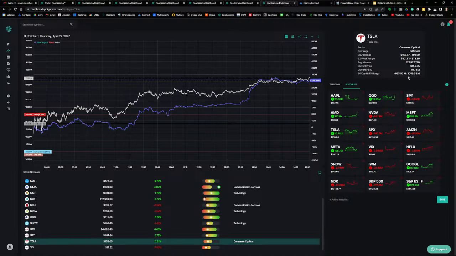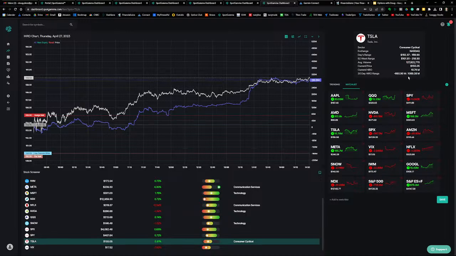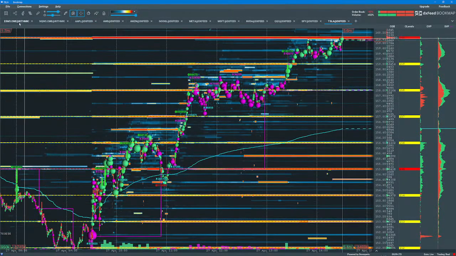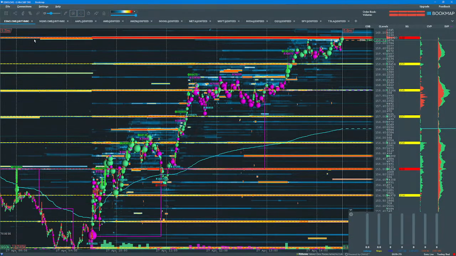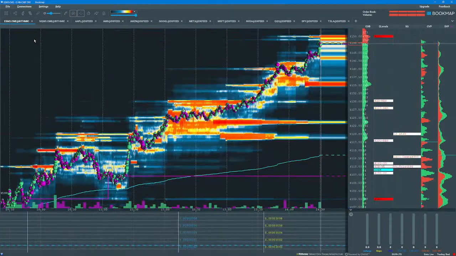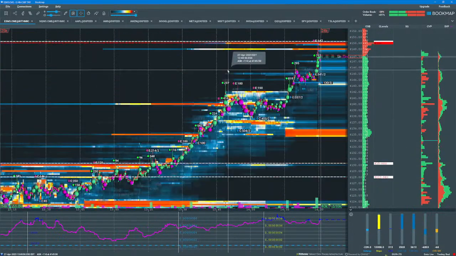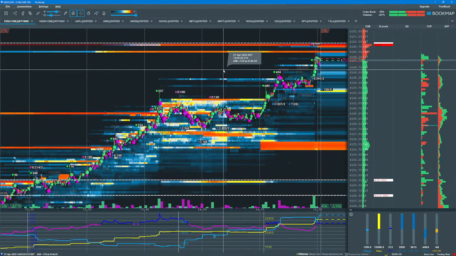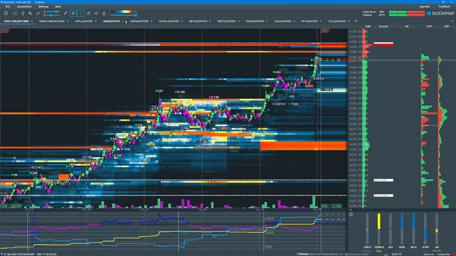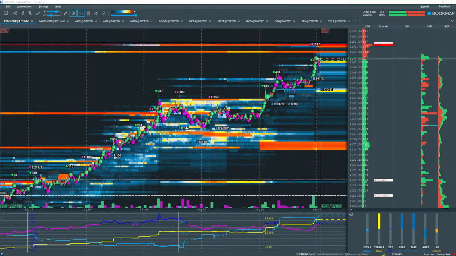All right, so there's a question in YouTube: do I see the huge buyers at 41.35 in ES? So let's go take a look at Bookmap. Take a look at ES. We'll zoom in a bit. And I believe this is what he's talking about.